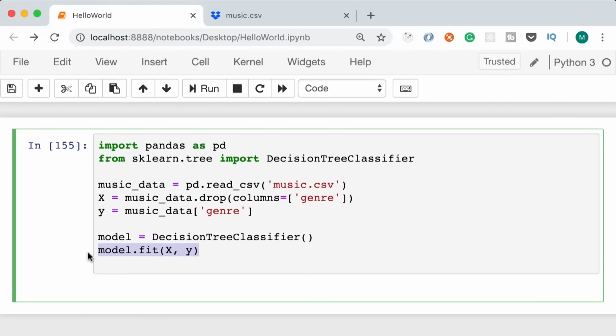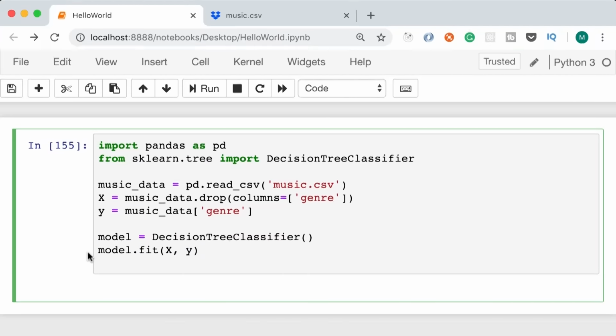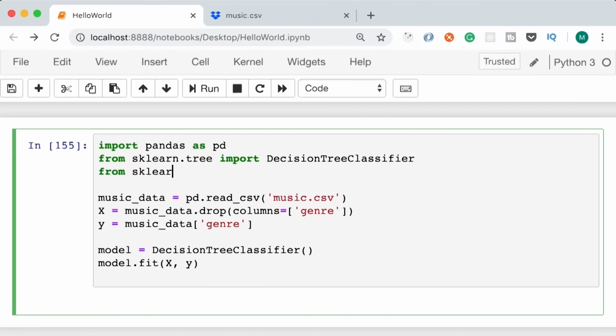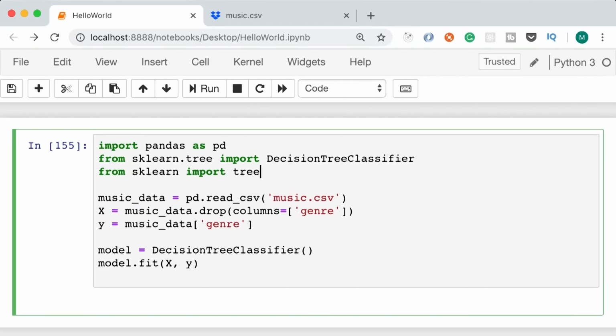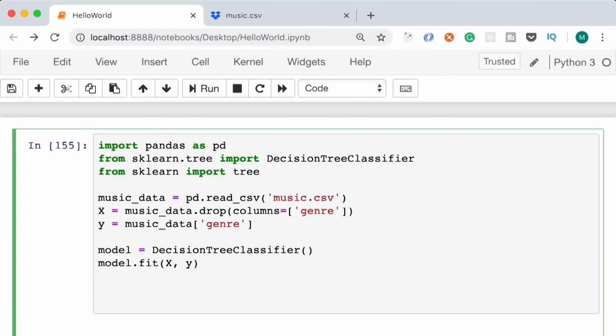Now, I want you to follow along with me. Type everything exactly as I show you in this lecture. Don't worry about what everything means. We're going to come back to it shortly. So on the top, from sklearn import tree. This object has a method for exporting our decision tree in a graphical format. So after we train our model, let's call